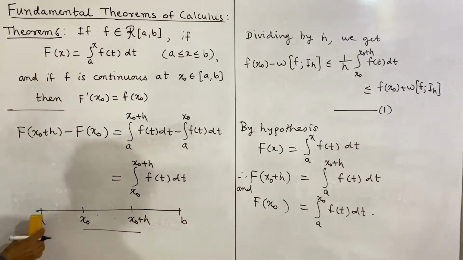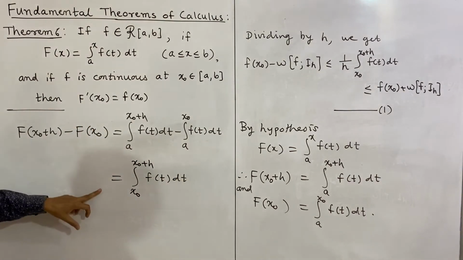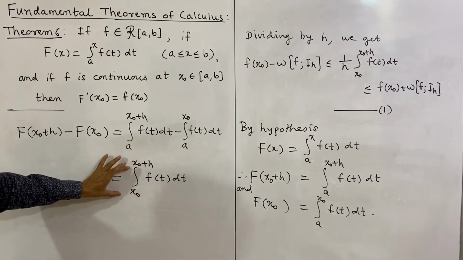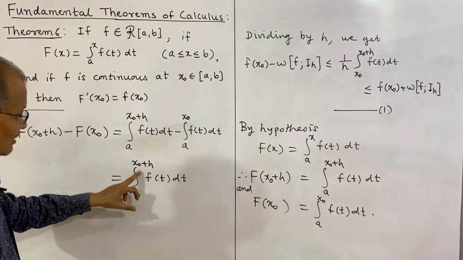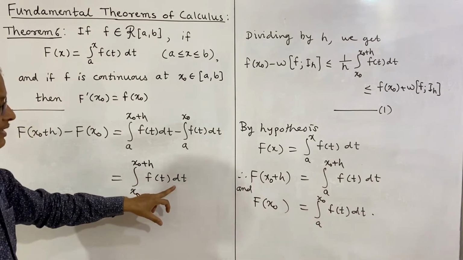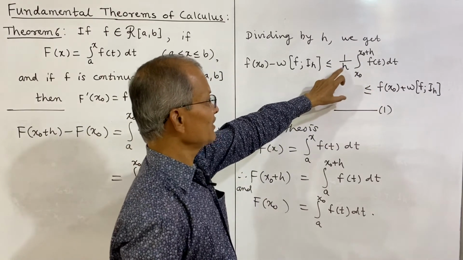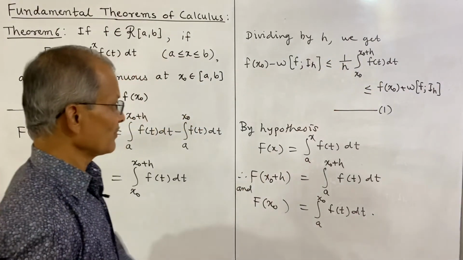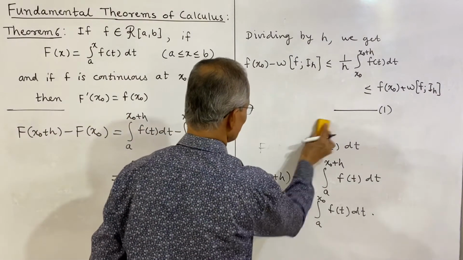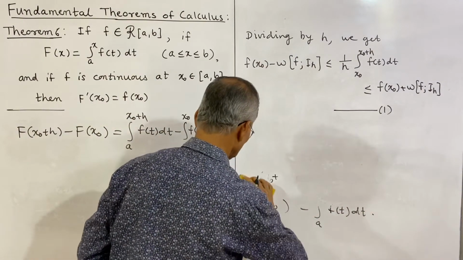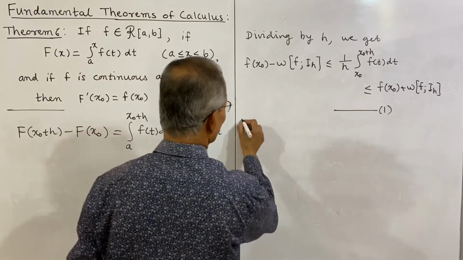So this is what f of x naught plus h minus f of x naught is, and we can use this value in this second relation, the integral from x naught to x naught plus h of f of t dt, and that we will use here, and that will be the 1 by h term. So from 1 we have,